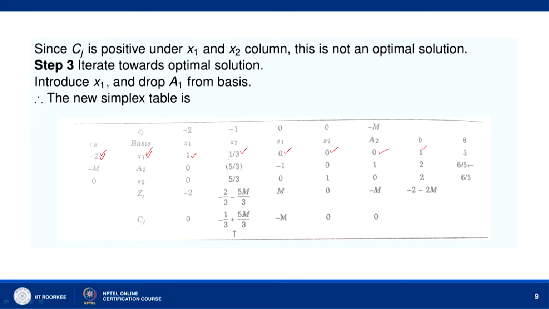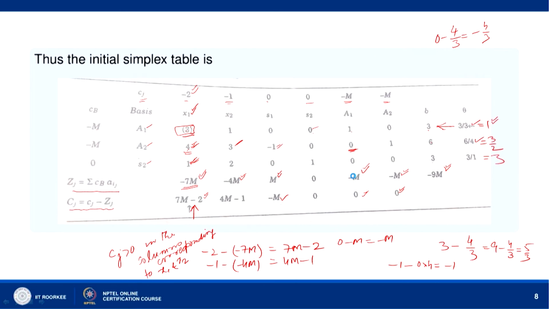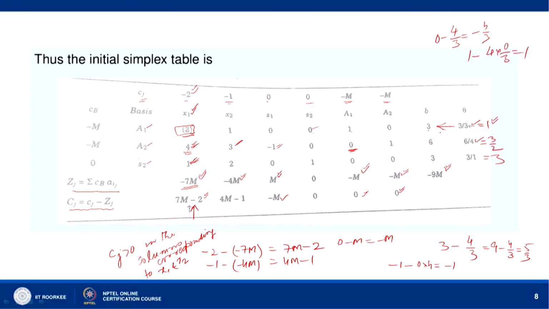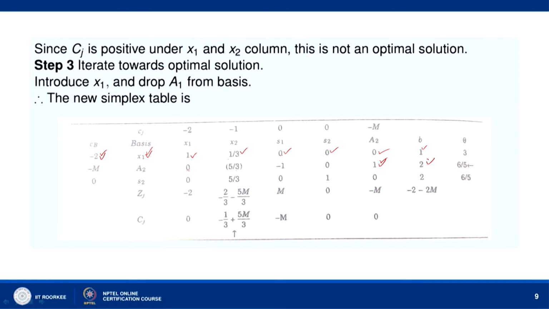Yeah. So, the column corresponding to A1 is not there, A2 we have to look into. So, 1 minus 0 by 3 into 4 into 0 by 3. So, we get 1 here, okay. And then in the B column, we have 6 minus, we divided it by 3 and multiplied by 4. So, 3 into 4 by 3, okay. So, we get 2 here, okay.